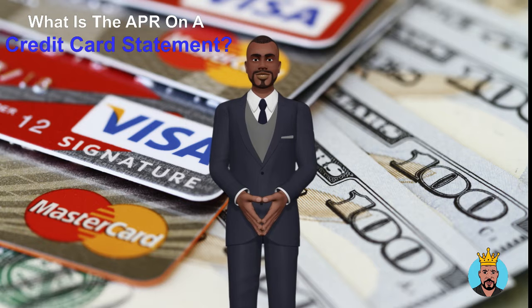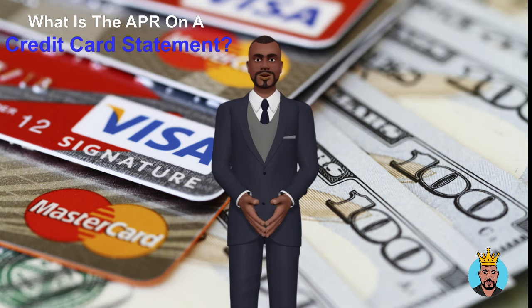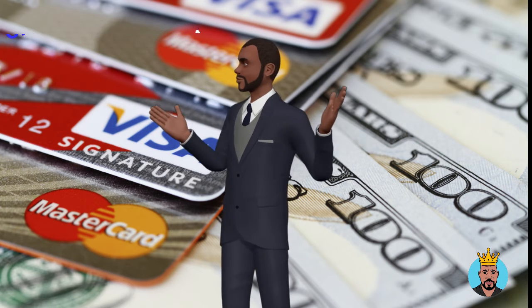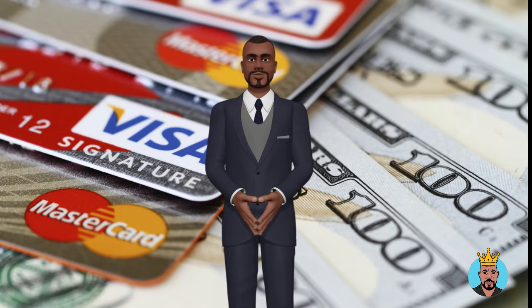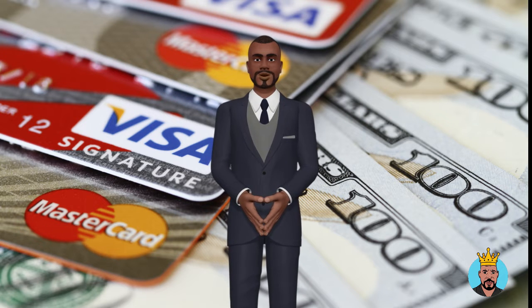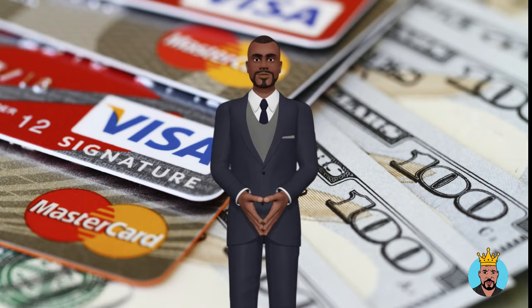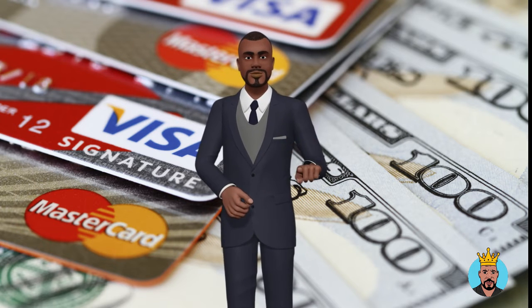The interest charged on your credit card account throughout a billing cycle is referred to as the APR for credit cards. The APR is computed as follows. Credit card interest equals daily rate, times, average daily balance, times, days in billing cycle. Divide the purchase annual percentage rate on your credit card by 365 to get the daily rate, the number of days in a year. If your annual percentage rate is 18%, your daily rate is